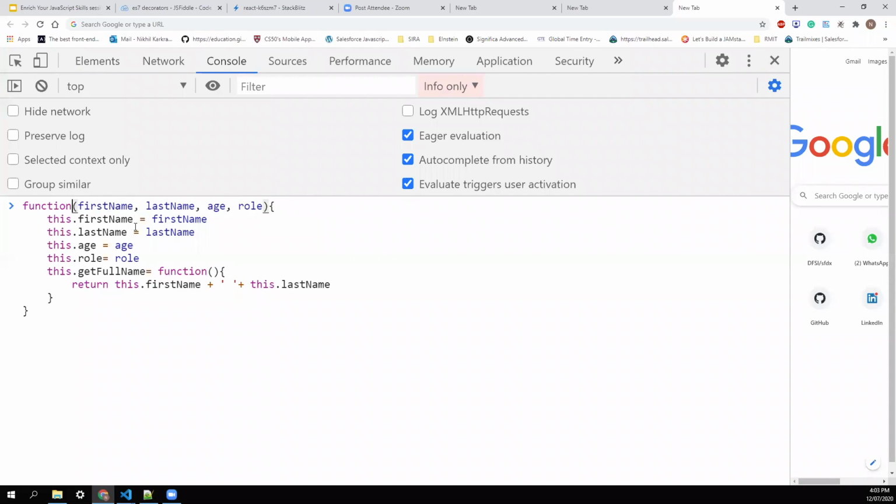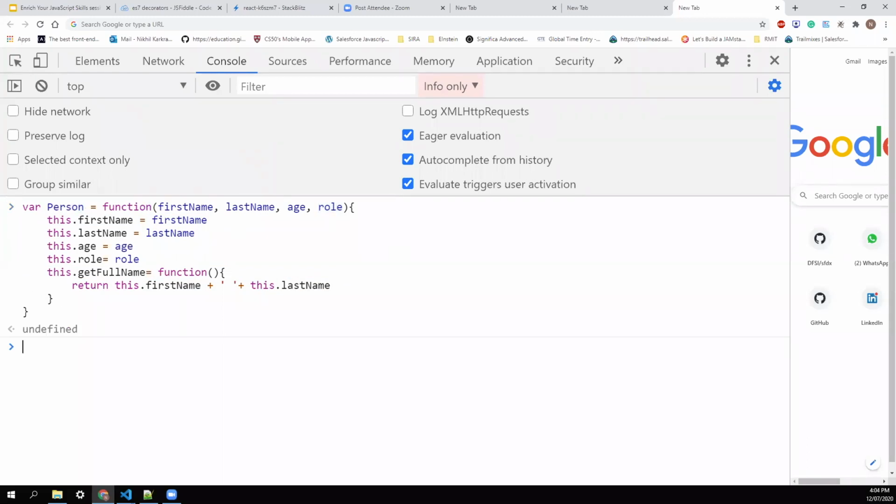I'll go with the easier notation. I am creating a constructor function that receives a first name, last name, role, and age. I'm assigning the properties first name, last name, age, role, and a method called getFullName. So we created a blueprint that is called a constructor function.